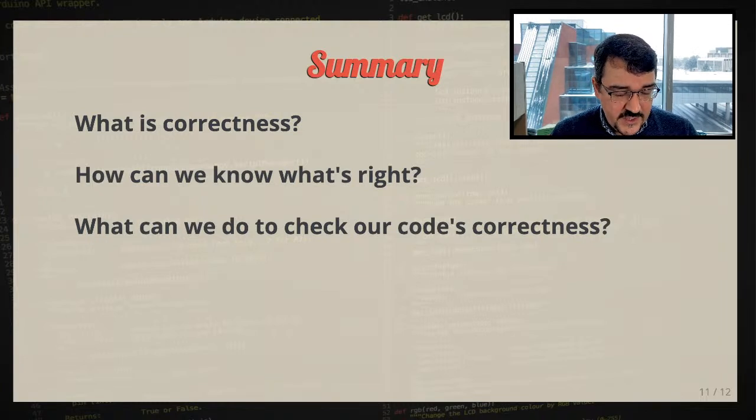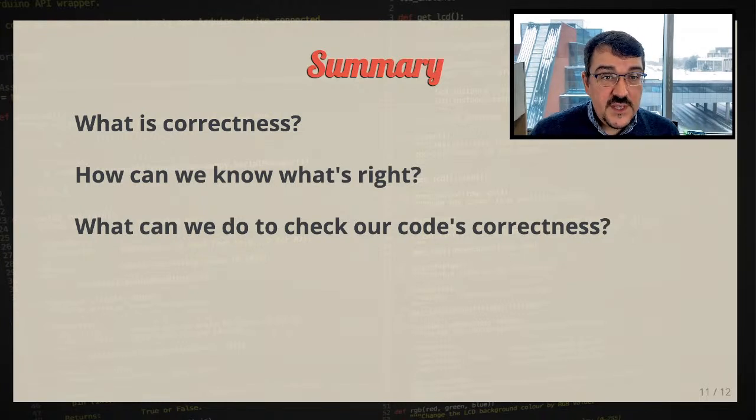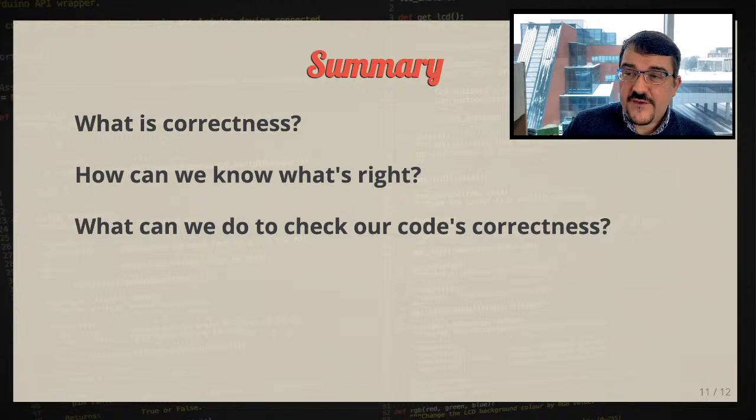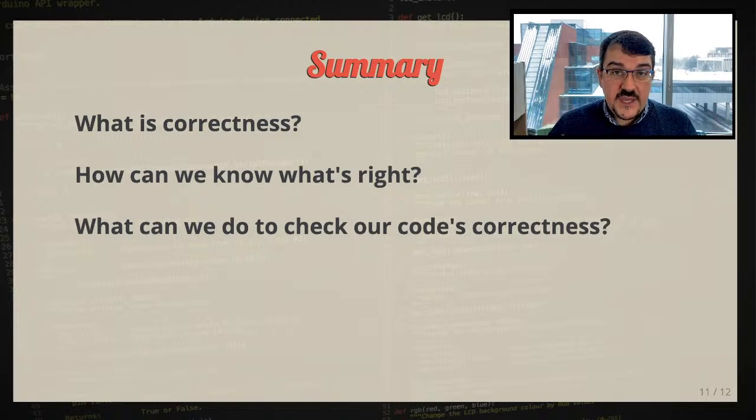The code that you're writing in this course is not so much in that category, but who knows? You may end up building systems that have embedded computing components where that software correctness is that important. So correctness is an important thing to think about. How do we know when something is right? Well, we can have an intuitive sense of, yeah, that seems to be doing what I want, but really what we want is to have a specification so that we can then compare, does the specification match